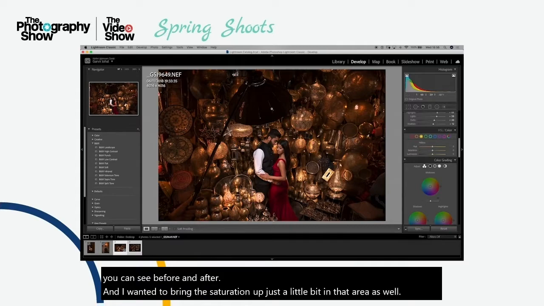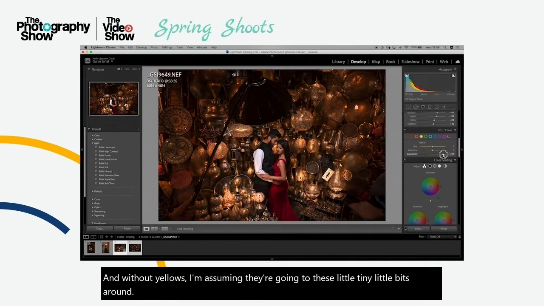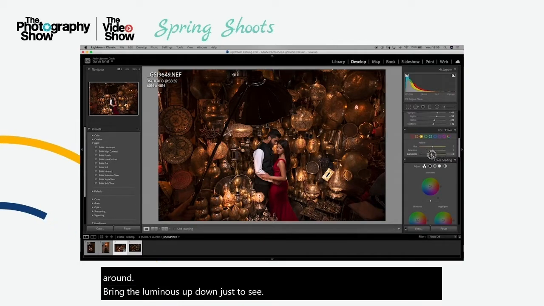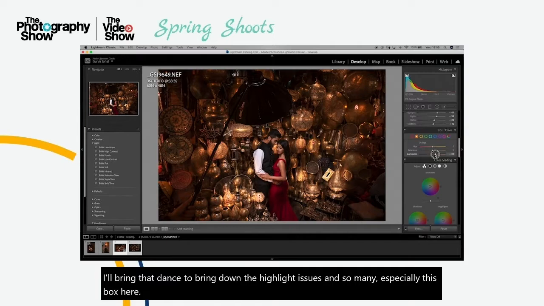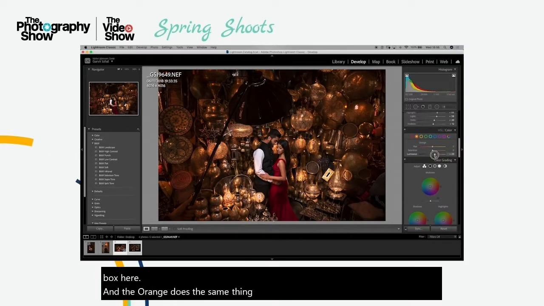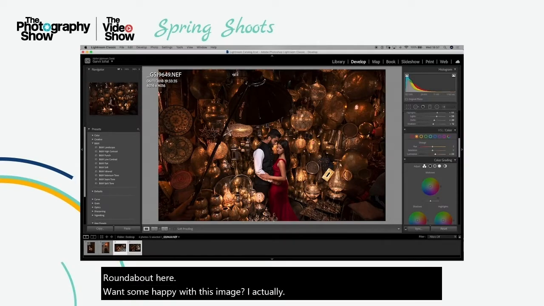And with our yellows, I'm assuming they're going to be these tiny little bits around. Bring the luminance up and down just to see. I can bring that down just to bring down the highlight issues in some areas, especially this box here. And the orange does the same thing, just overall. Around about here. Once I'm happy with this image, I select both of the images as they are right now,